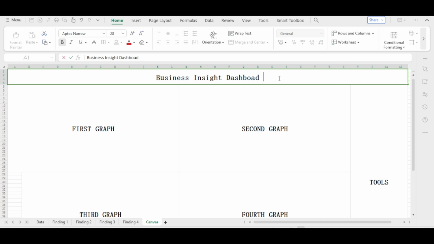Next thing we're going to do is to first click on finding number 1. You can remember we had different worksheets created where we visualized our output from the pivot table. So we first go to finding 1,